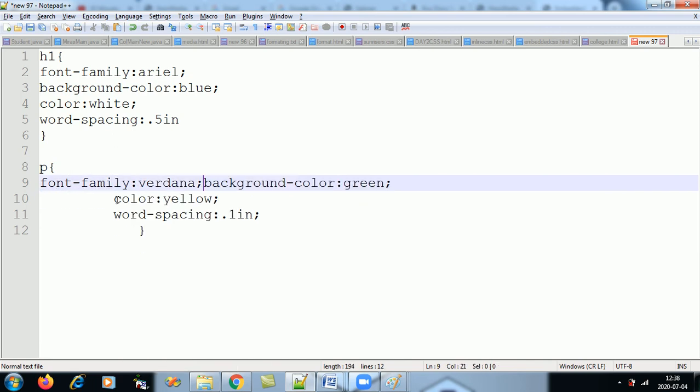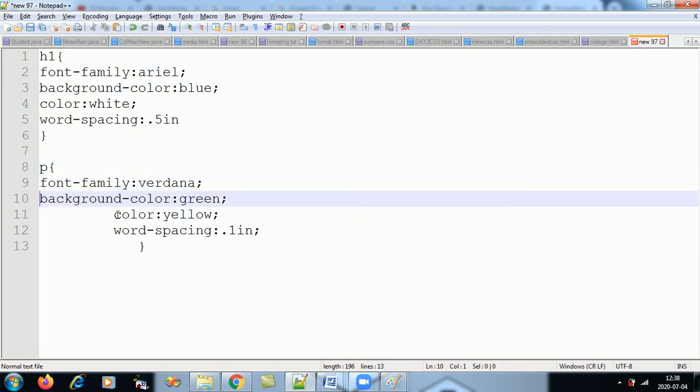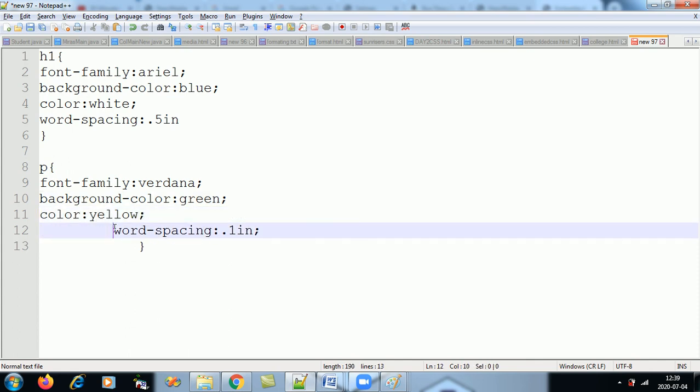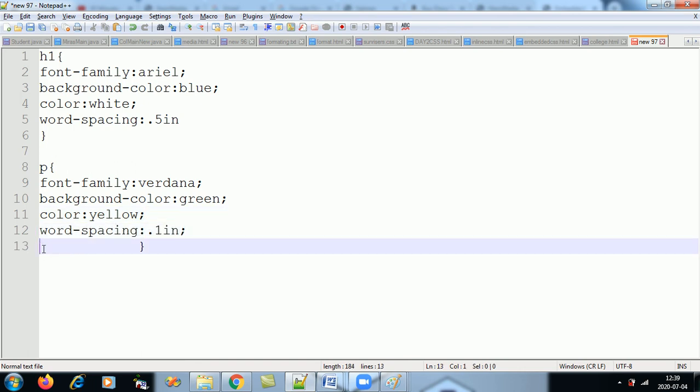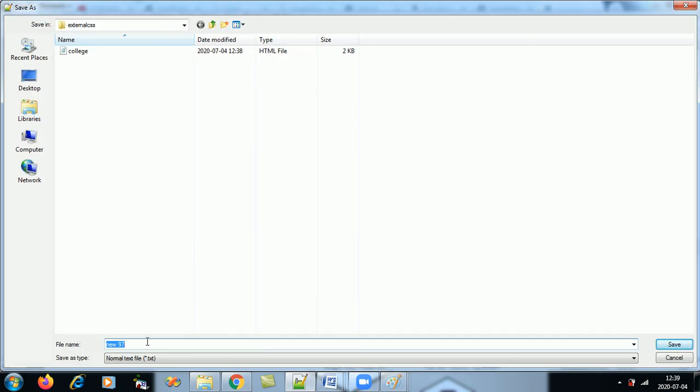As it is, they don't take the leading blank spaces, so enter doesn't make much difference. Okay, and you can close this over here. Now whatever the styles are there, I'm saving it in a CSS file. Save it, and in the same folder I'm giving it as my styles.